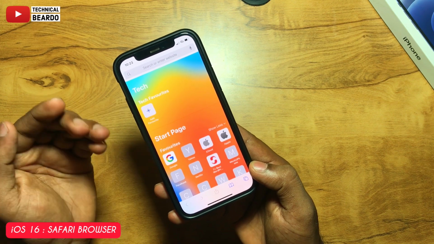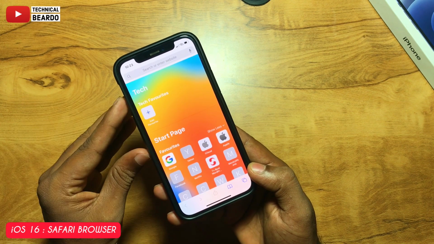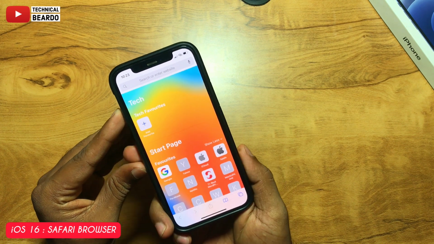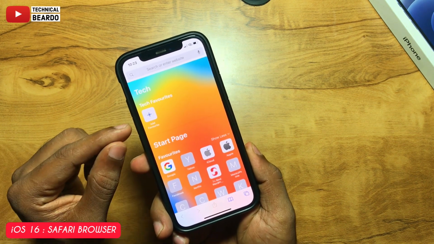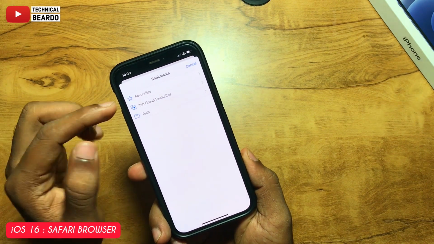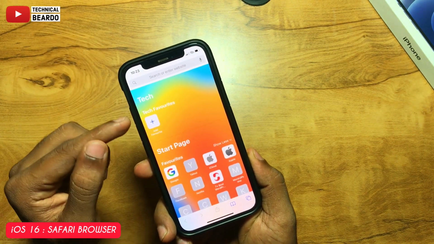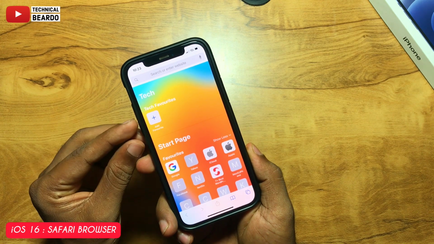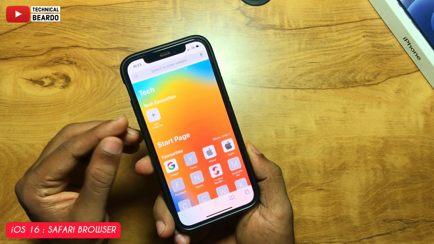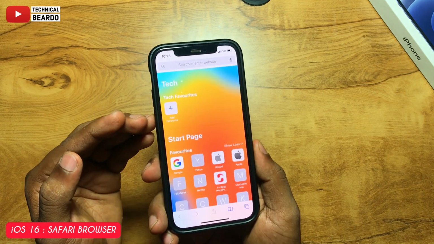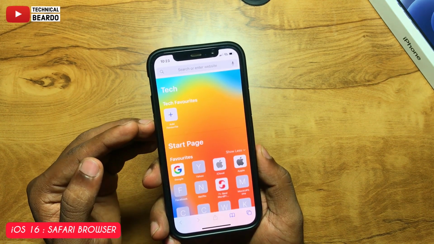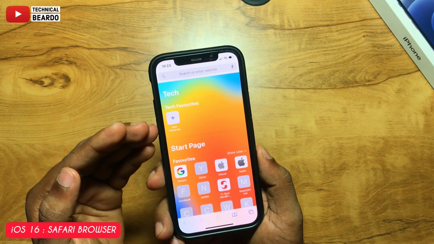Similarly, on your home screen, now you can add your favorite sites, or a favorite bookmark, under the tab group. So basically now you have the option to add favorites under each tab group. So whichever tab group you are using, in that you can add your favorites as well. So there is a start page, which is a very common one. Okay, there are favorites, but now under the tab group there are favorites. So as per your tab group, just go ahead and add your favorites.